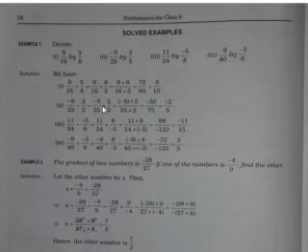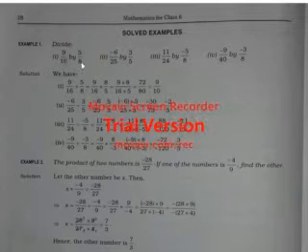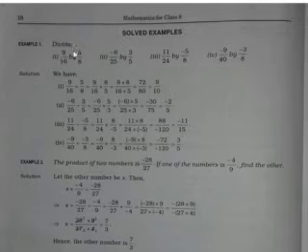So if you see the first question over here on page number 18, it says divide. Simply you have to divide. It is given 19 by 16 by 5 by 8. That means 19 by 16 is divided by 5 by 8. 5 by 8 is what? Divisor, and 19 by 16 is what? Dividend. So here you can see 19 by 16 divided by 5 by 8, and when divide changes into multiply,